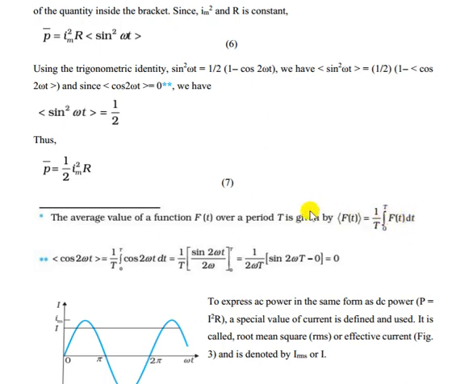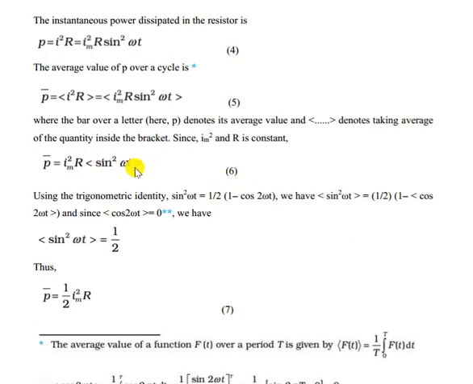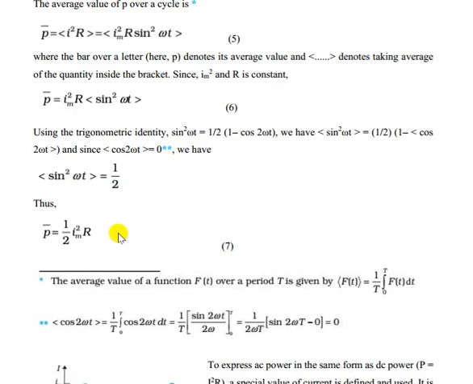Now in f(t), if we put this term cosine of 2 omega t, then if we integrate that over 0 to T, we will get 0. That means sin squared omega t is half minus half into 1 minus cosine 2 omega t. Here the average power of cosine 2 omega t is 0. Then what are we left with? Only the half. So sin squared omega t is nothing but half. So we can put it here in this equation. So what we are getting is average power equal to I squared R by 2.